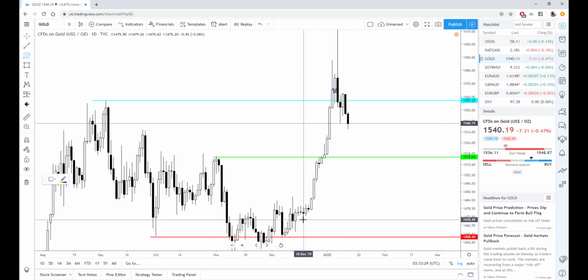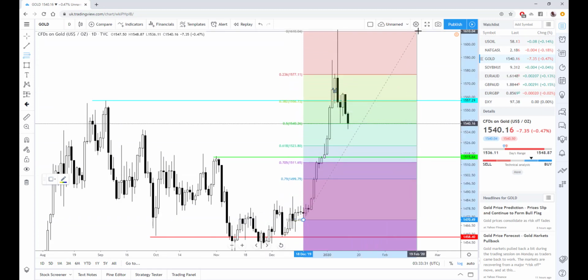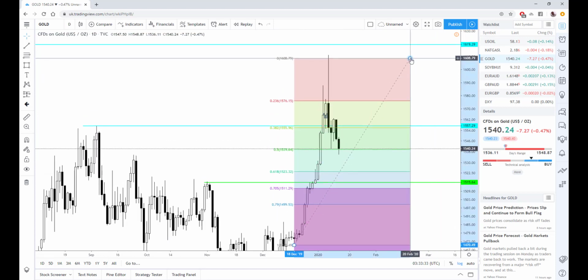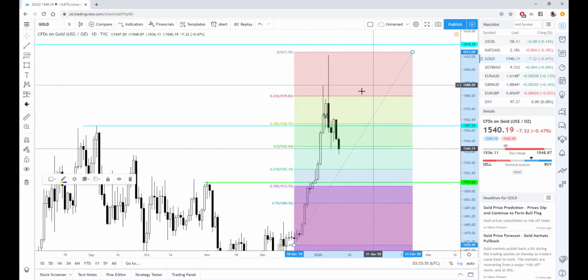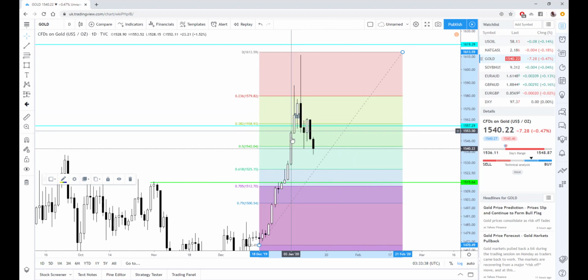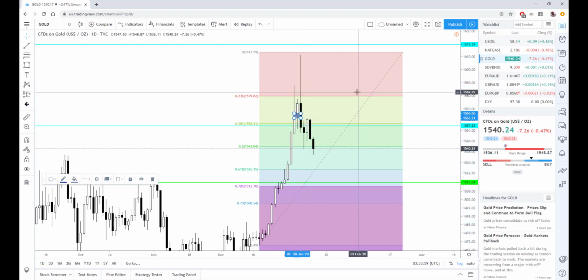Okay, so let's put the Fibonacci right here. Now I know we have a high here, a high, and a lower high, which forms a swing. And this time we broke this and went all the way up before coming down. So you would have taken a loss, but again,